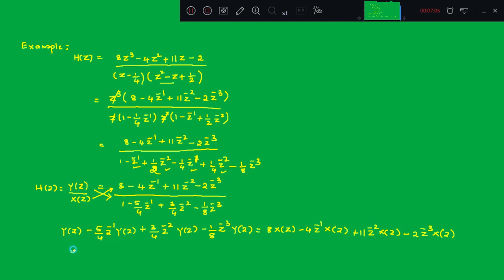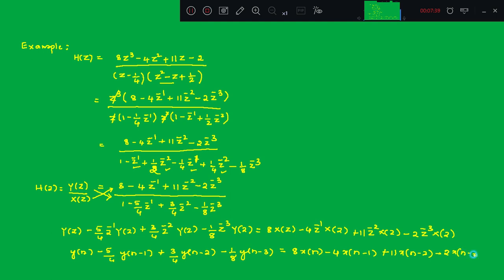So y of n minus 5 by 4 y of n minus 1, plus 3 by 4 y of n minus 2, minus 1 by 8 y of n minus 3 is equal to 8 into x of n minus 4 into x of n minus 1 plus 11 into x of n minus 2, and lastly minus 2 times x of n minus 3, right? So from here